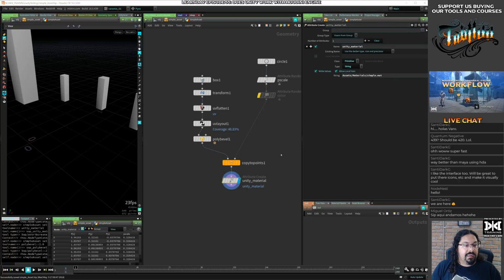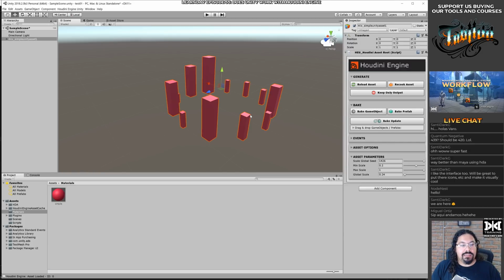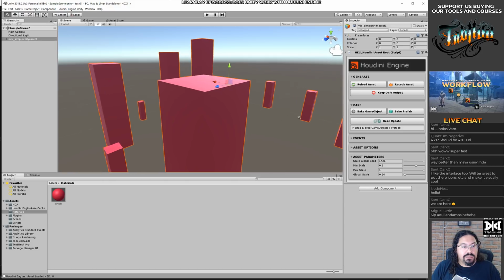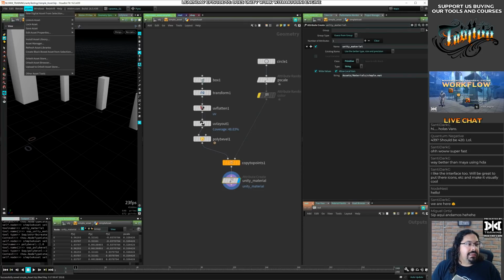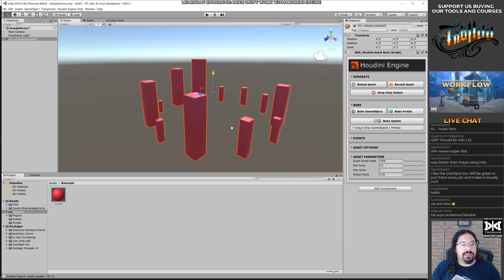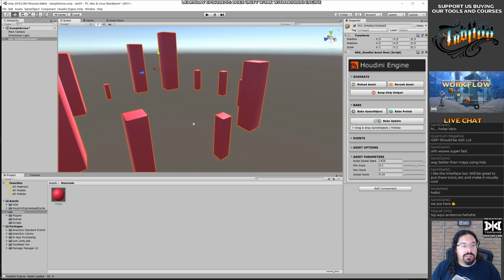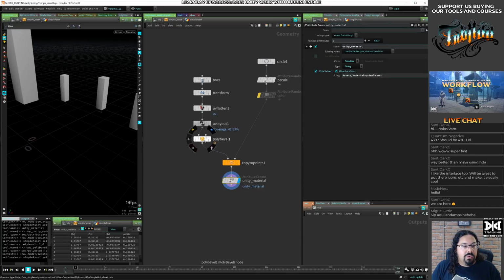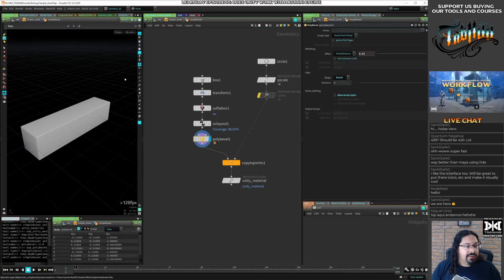Unity is a modern engine. Should handle it, right? And did that take? I don't see any corners. Actually I keep seeing corners, but yeah, I didn't save this. Save asset. Reload asset. There we go. Now we have corners there. I mean we have issues. What? Are we having like normal issues there?